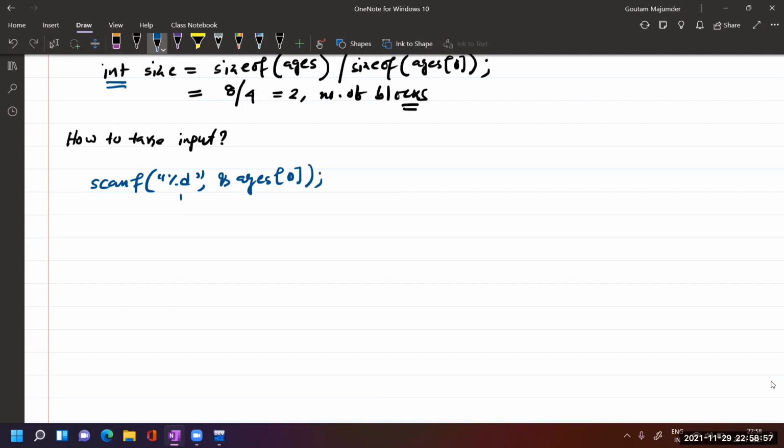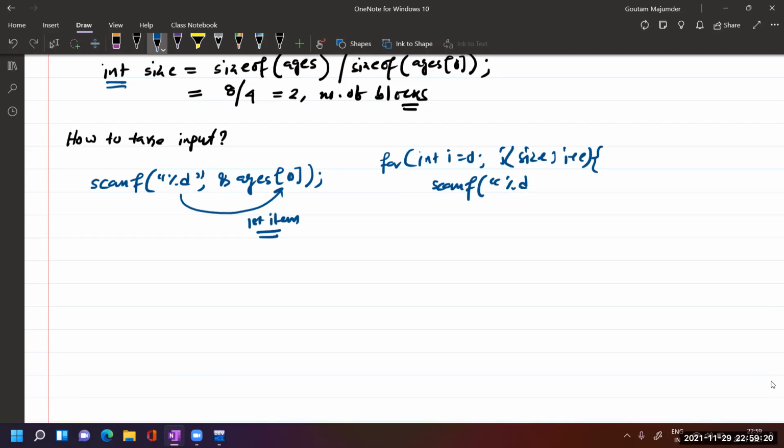It will take the input for the first item. If you want input for all items, you need to use a loop: for int i equal to 0, i less than the size that you can calculate, i plus plus, and use scanf %d ampersand of ages of i. So our input is ready.